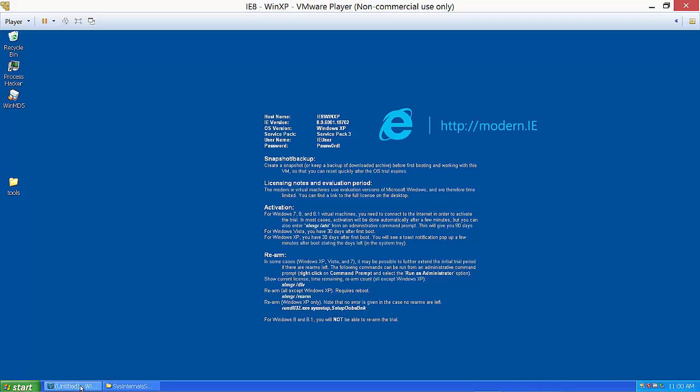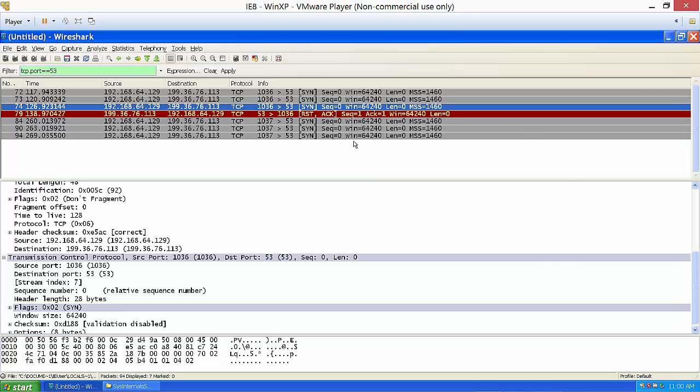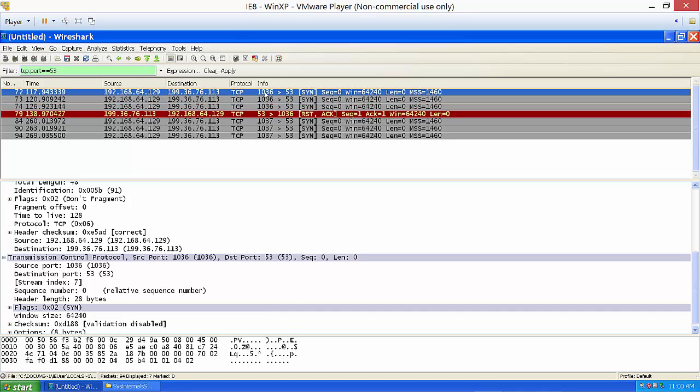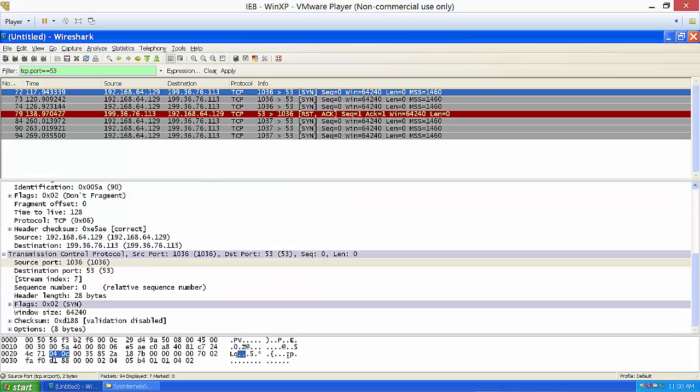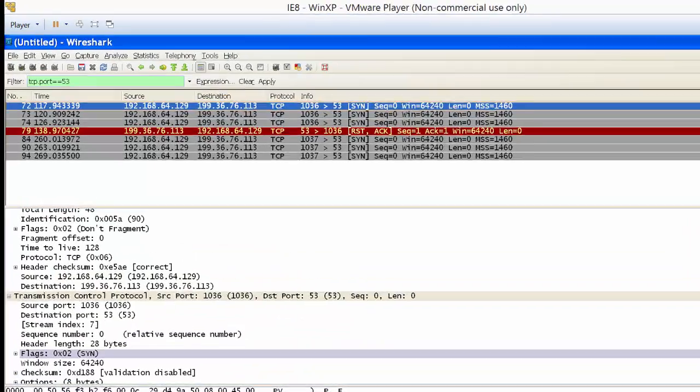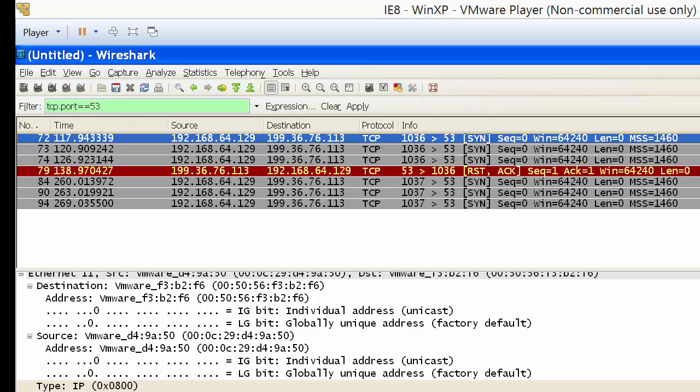So I've been running Wireshark to capture the traffic that this machine is generating, and among some of the communication I identified traffic on TCP port 53. This host is trying to communicate to this IP address on port 53. 53 would normally be associated with DNS lookup. However, the traffic that we see down here in the payload doesn't look like a domain name or anything associated with a DNS request at all.